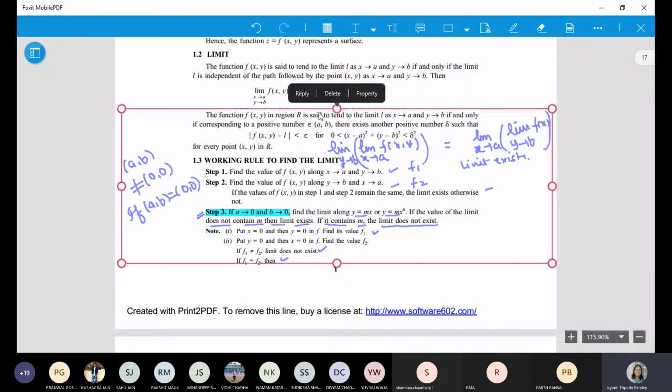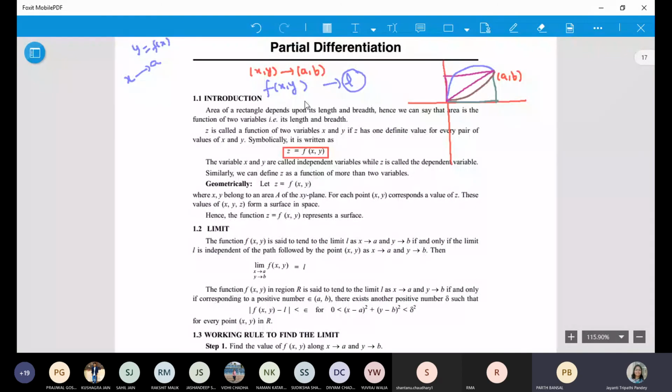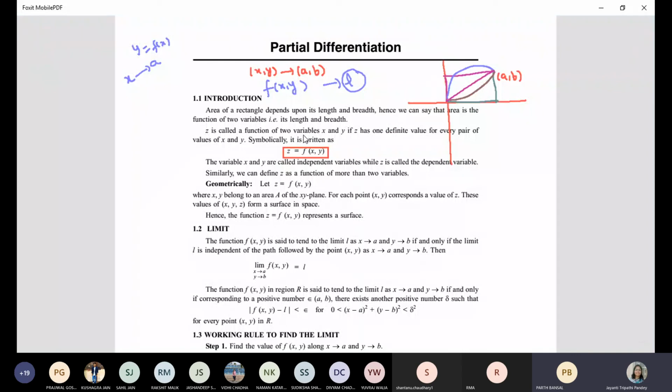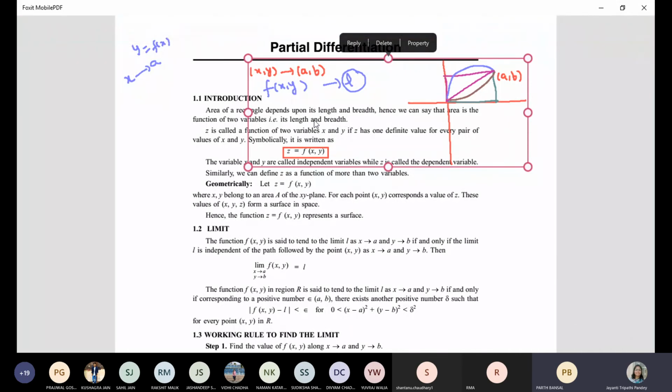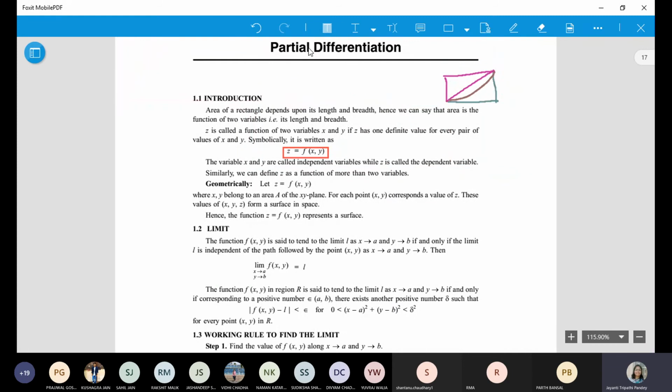Let me clear this. In the beginning, you said there are many ways to reach the same point to find the limit, and all curves should satisfy the limit. And we are checking just 2 curves in the procedure. If we are able to find y is equal to mx, because when you are saying 0, 0, that means all the curves that satisfy 0, 0 will be of the form y is equal to mx to the power n types. Is it agreeable or not?